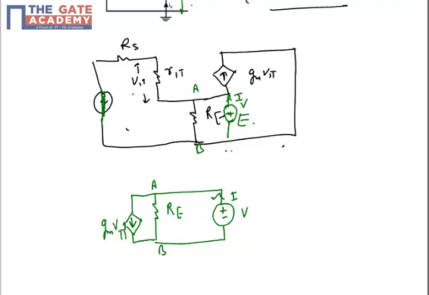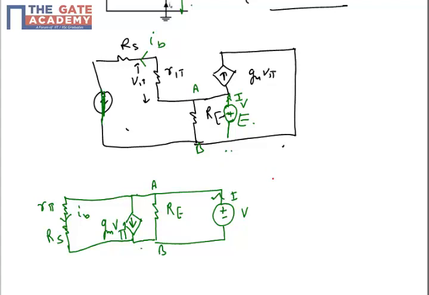Good. Then we have these two resistances, they are also connected. One is r-pi, another is RS. Okay, and this is the base terminal, so in the base terminal the current is IB. So the current across this terminal will also be IB. Now this is a simple nodal problem. You can see that we have two nodes and 4 branches.